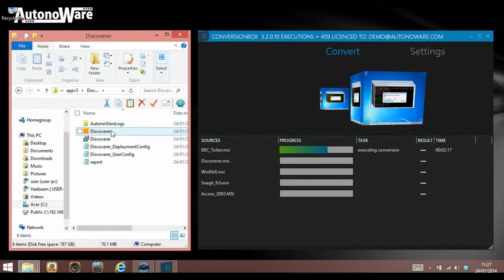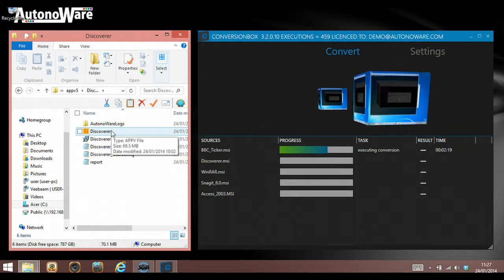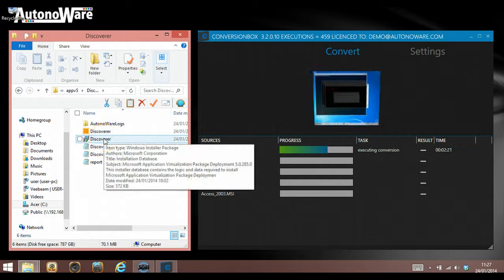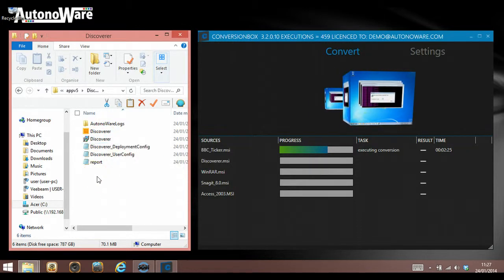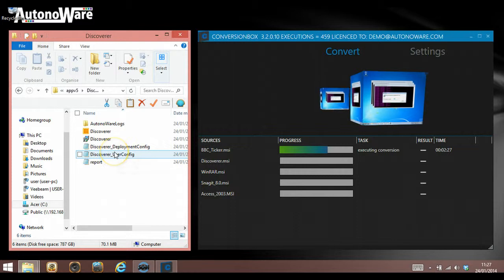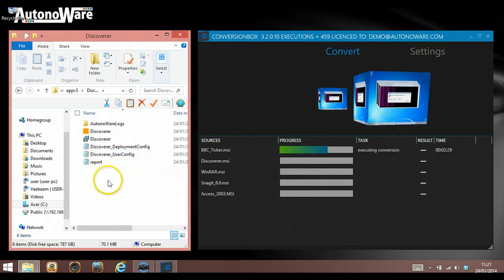skip if we've already converted an application in the settings. So as you can see, there's the @b file. We've created an MSI because we had true on the MSI creation setting, and all the other elements that you'd expect to see with the creation of an @b